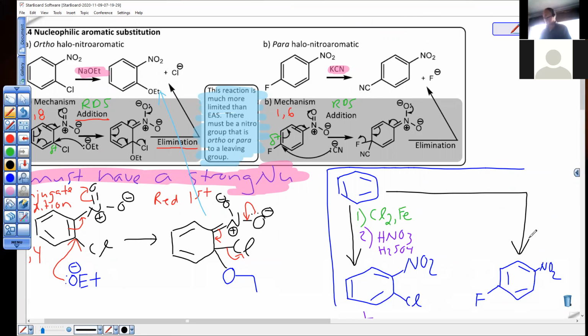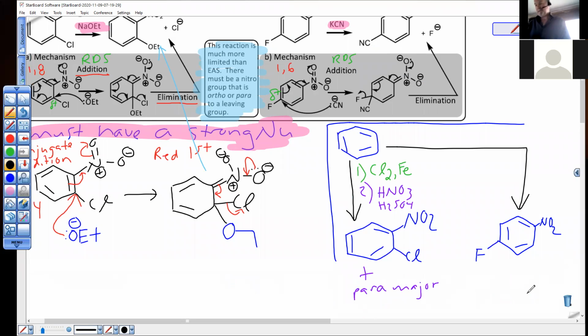Once again, if you put the nitro group on first, the next group goes meta. That's not good. Fluoro group on first, which we don't know how to do directly. We've got to remember how to get a fluoro group on benzene. That involved a lot of steps, but at least once we get it on there, fluoro group is an ortho para director, and my major product will be the para nitro fluorobenzene, and we'll get ortho minor